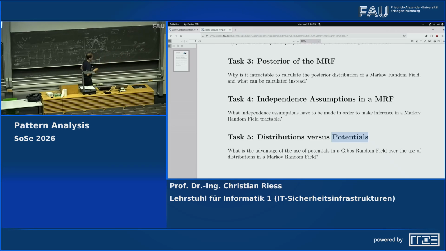can be a function where you have a minimum that is derived from the problem description. For example, with denoising, you say, okay, I have two types of energy functions. One energy function requires that the solution is close to the input image, and the other requires that two neighboring pixels are similar. And this, in the result, gives then a denoised image. Basically, with potential, we define a function for